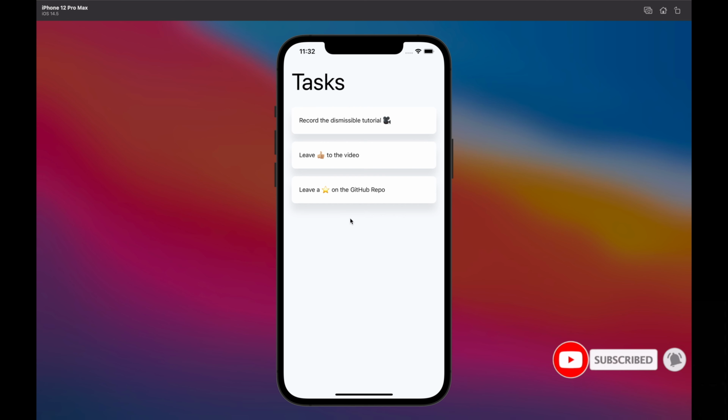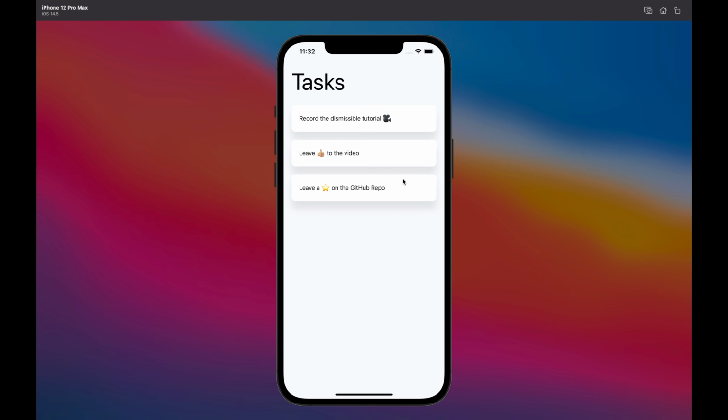We will build this example from scratch as always, but feel free to check out the GitHub repository. I will put a link in the video description. So there are a lot of stuff going on behind the scenes, and let's get finally our hands dirty and